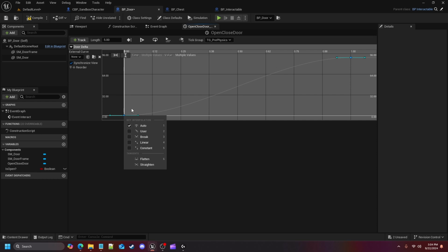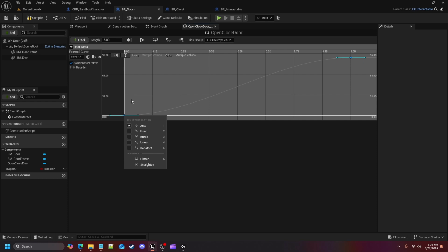our transition, because if you were to keep it linear when you interact with a door, it's going to look kind of janky the way it opens, where it just flips open, or you might have some jitteriness to it. There could be any sorts of issues you may come across. What auto does is it smooths out the transition, so that when you interact with the door, it opens up smoothly. That's why you'll see a lot of other YouTubers do auto, because of how it smooths out the animation or the rotation of whatever, so it looks nice